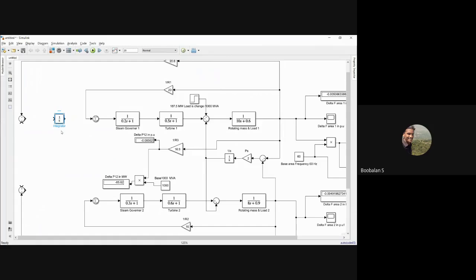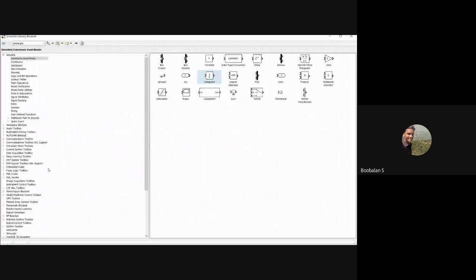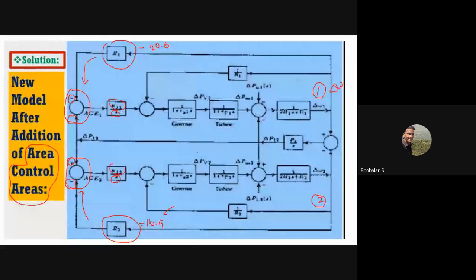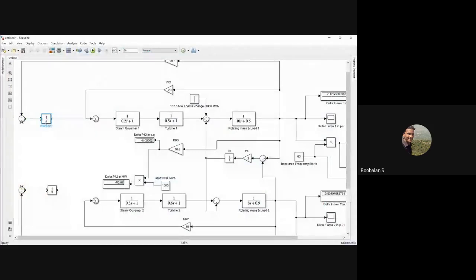It's not coming. Control C, Control V. Here the two integrators are now coming, multiplied with the gain values K12, K21. We need gain values, right? For the purpose, we need two gain values. So the integrator is multiplied with the gain value K1, that is called the bias factor, the frequency bias factor, right? And I'll just rotate it like this in the forward direction. I'll show you later how we choose these values, right?